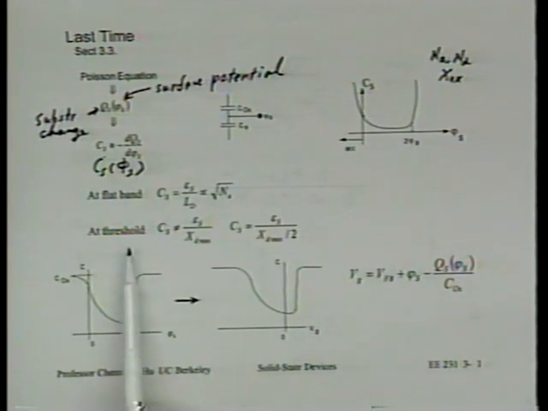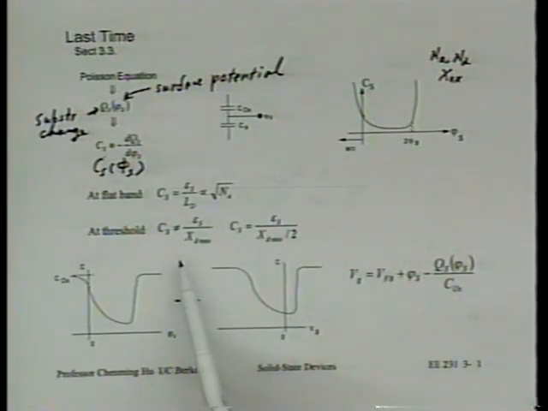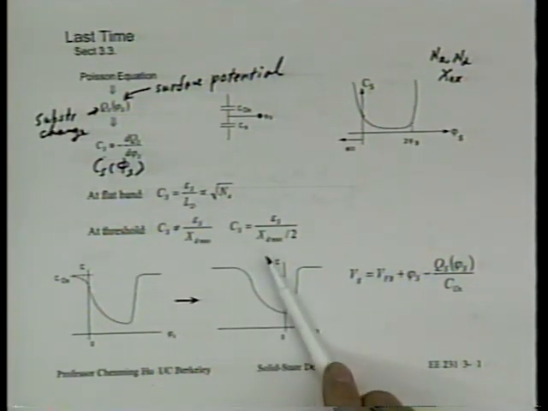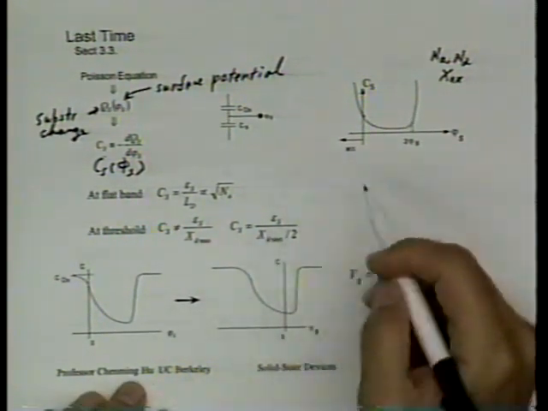At threshold voltage is another special case. At threshold voltage, CS happens to be equal to epsilon s over xd max over 2. Okay, we derived this last time, so this just reminds you what we did last time. It's as if the capacitance was due to the depletion region, but the depletion region thickness was half of the xd max. A better interpretation is that we really have